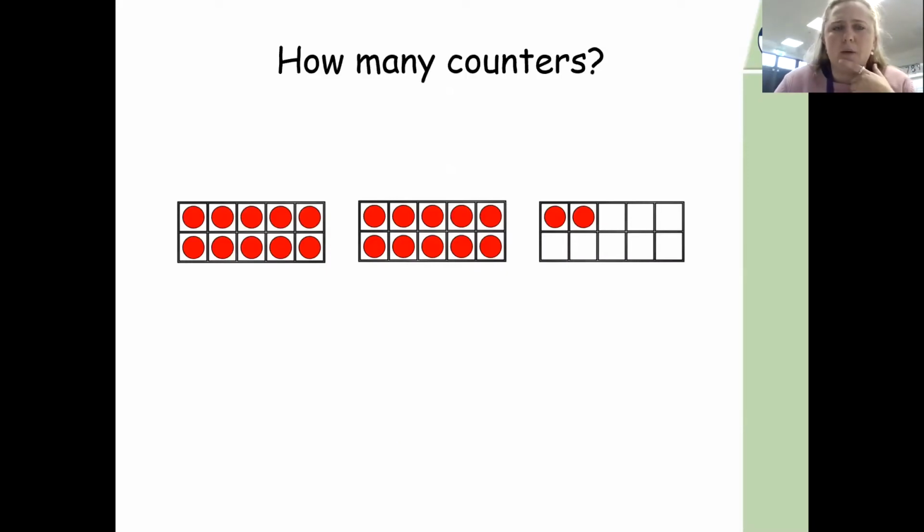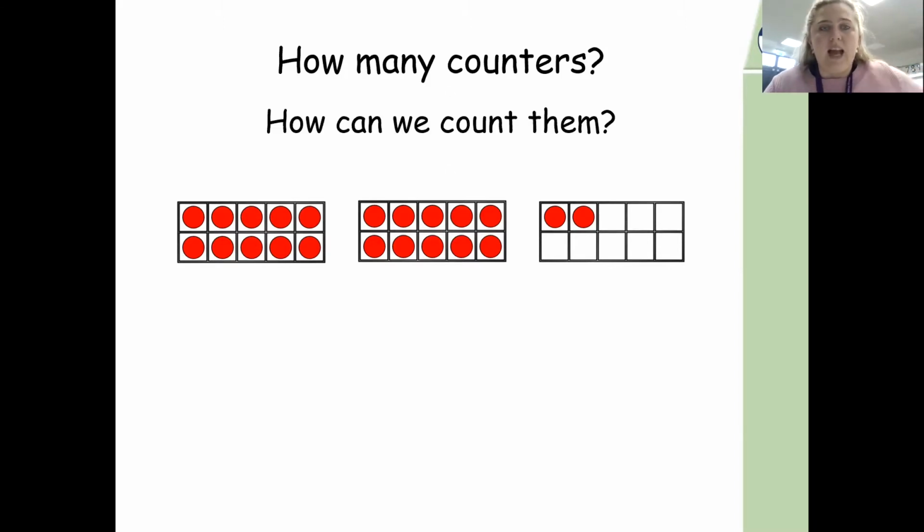Okay, now how many counters do I have here? Maybe on your whiteboard, actually, it would be a good idea if you paused me and can you count how many counters I've got here? Okay, I have. That's a good question, actually, before we count them, if you haven't already. We could count them in lots of different ways, couldn't we? We could count them one at a time. So we could go,